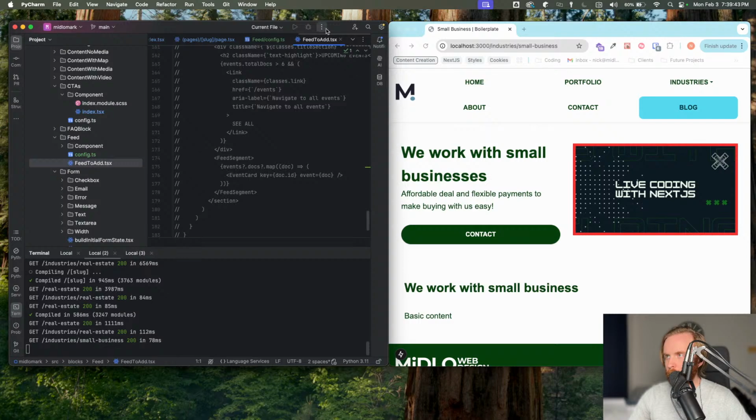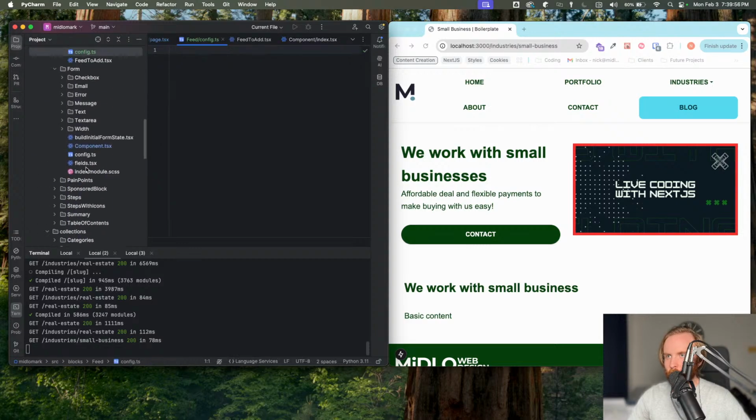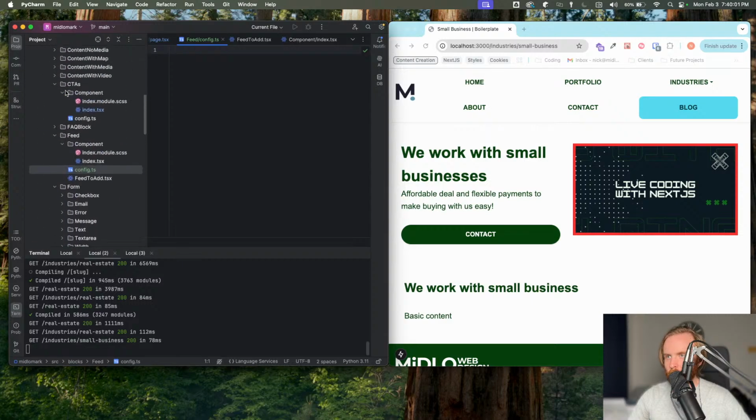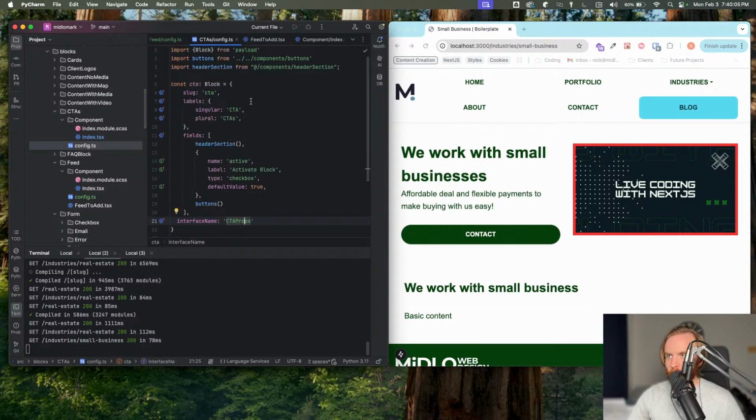Yep, so we will wait to delete that, but that would be the component. Okay. So all of this needs to be redone. Regardless, I need the config, and just to make sure, yep, okay, so I don't have any feed to add there. All right, so this is going to be a block,